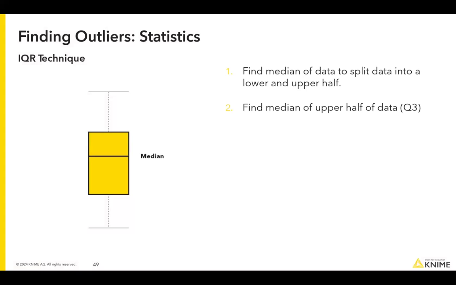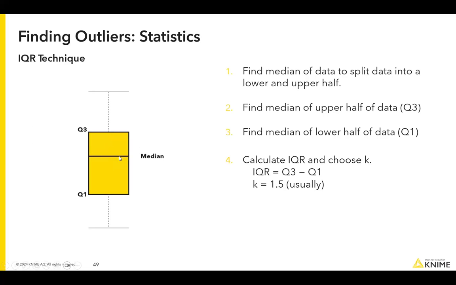The median splits your data into a lower half and an upper half, and then you find the first and third quartile, which split the lower half and the upper half, respectively, also in halves. Then you can calculate the interquartile range as the third quartile minus the first quartile, and you need to select a hyperparameter